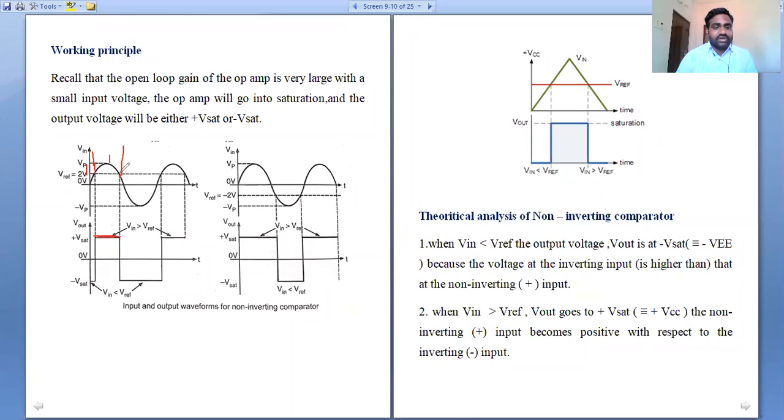Okay, later there is an occurrence of the negative peak. The input voltage is less than the reference voltage. That's why from this instant to this instant, we got negative Vsat, or the output voltage is low. That means if the input voltage is greater than the reference voltage, the output voltage is plus Vsat. At that condition, the output is high. If the input voltage is less than the reference voltage, the output voltage is low, represented as minus Vsat. The same discussion applies to the further discussion of the sinusoidal pulse. So that is the discussion if we apply the positive reference voltage.